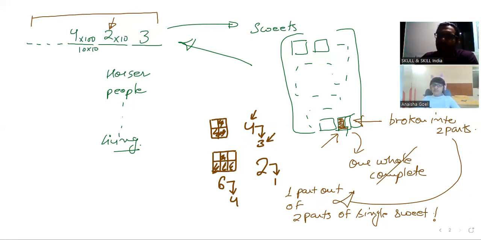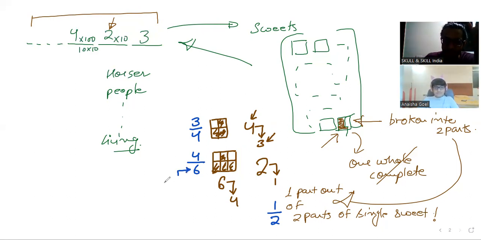It's just that this is not the representation which we came up with. The way we invented the representation for this is this. 4 में से 3 parts. 4 parts में से, the whole sweet comes down, and then the parts that are left of the sweet comes up. Yeah, this shows